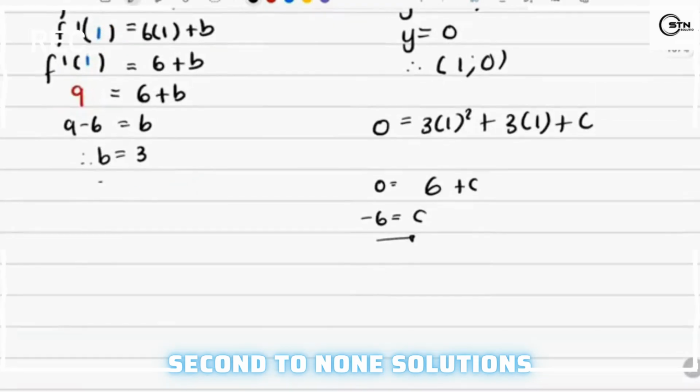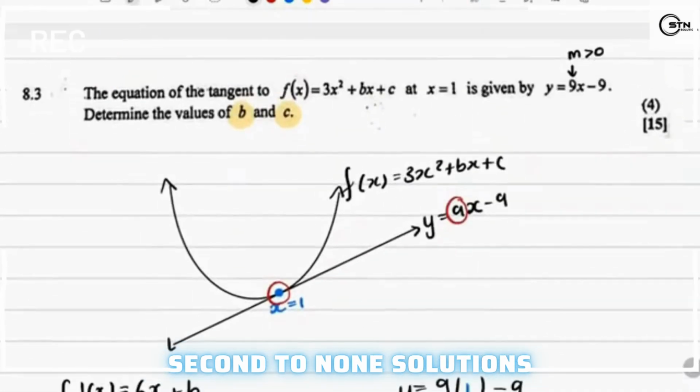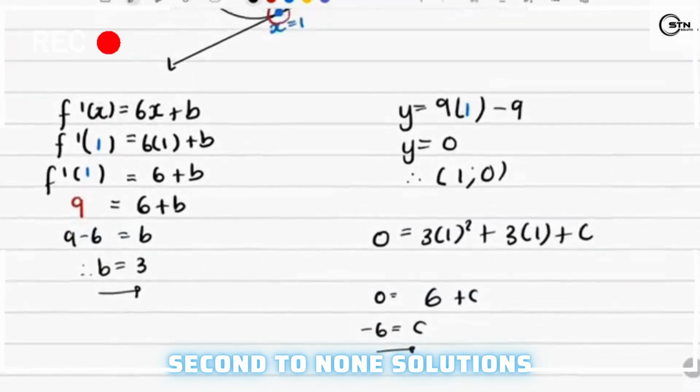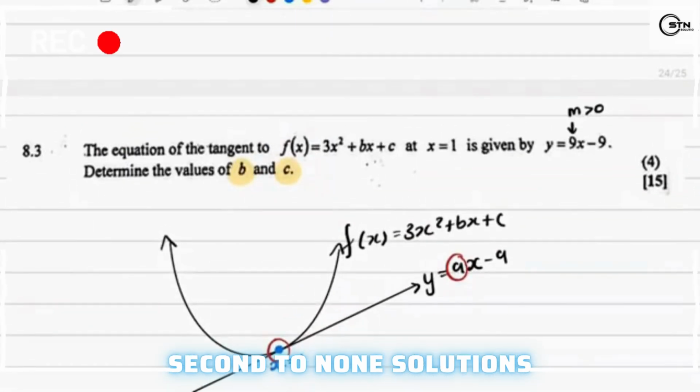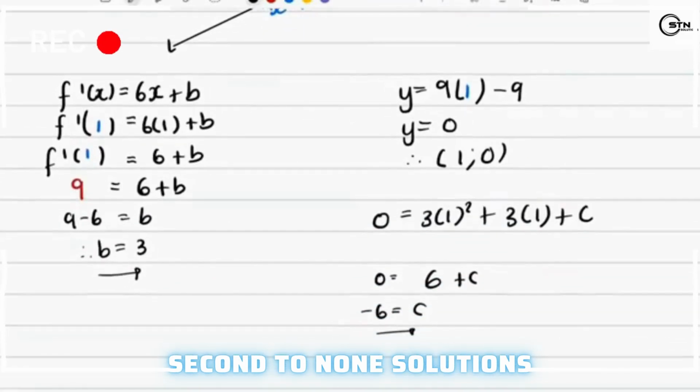So there you have c and you have b, and that's actually what they asked you to find. So that is that question, and that is the end of question 8. And then we move on to question